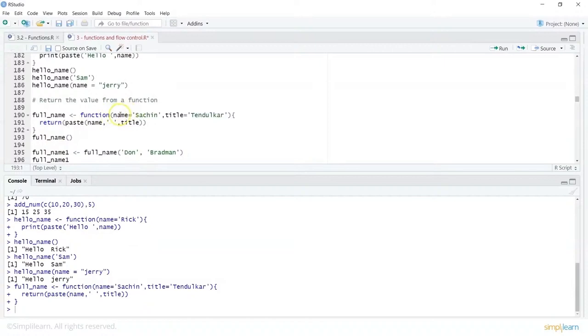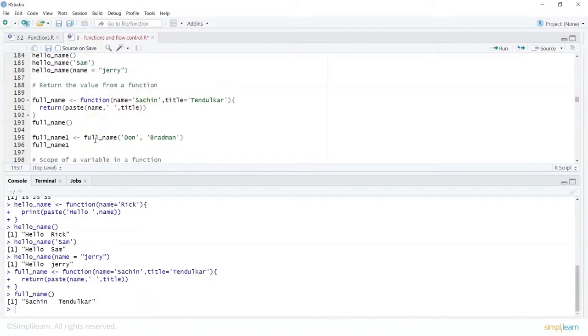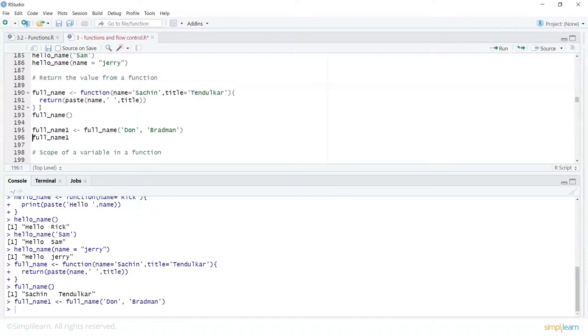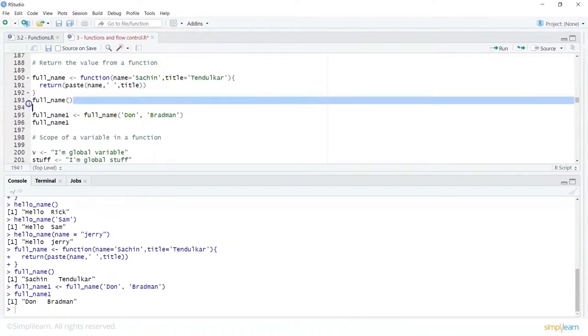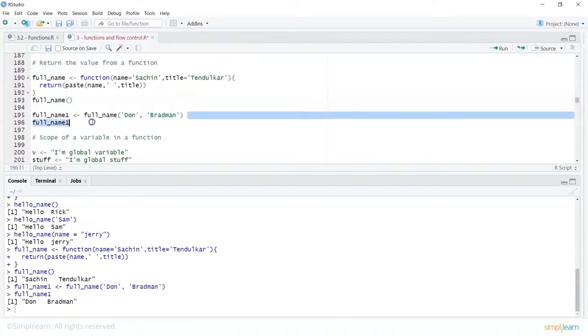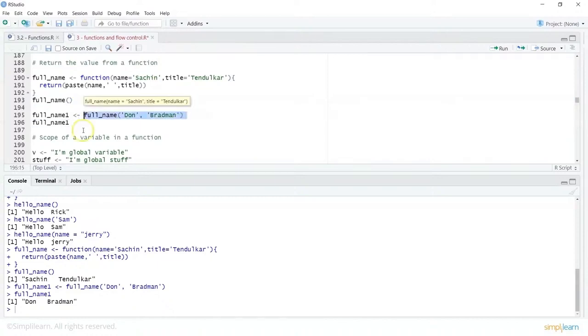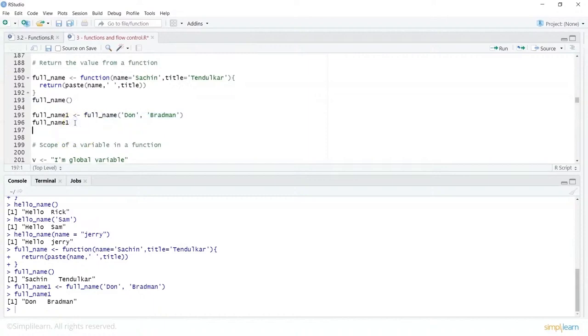Now we have already passed named arguments, or we have already passed values to those. So we can straight away just call the function, and that does whatever you have mentioned in the function body. I could also create a new one wherein I will pass a new set of values, which we saw in a previous example. And then if we call this, it takes up the new values. So either you can let it go for default, like what we did here, we can also pass in new values, or if you want to keep it specific, you could basically say